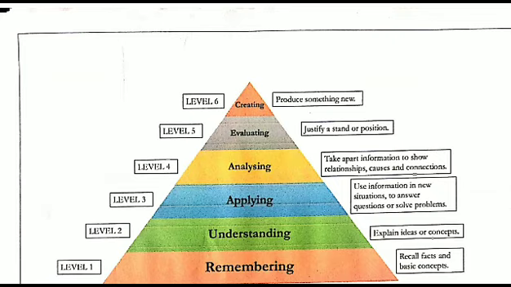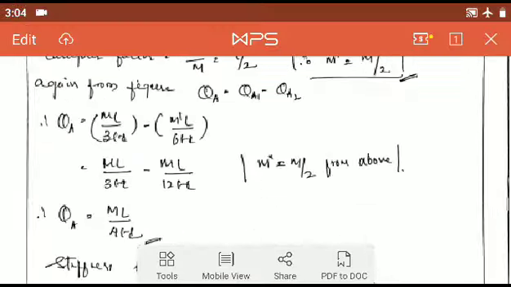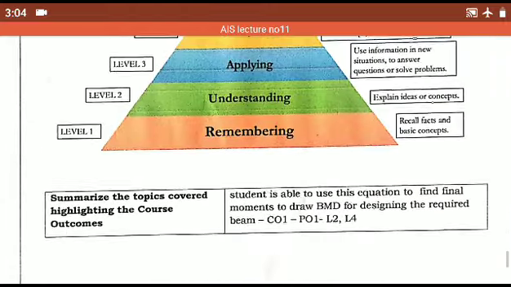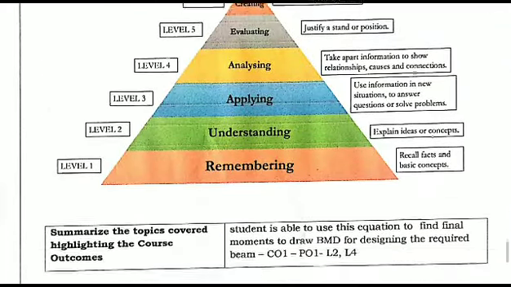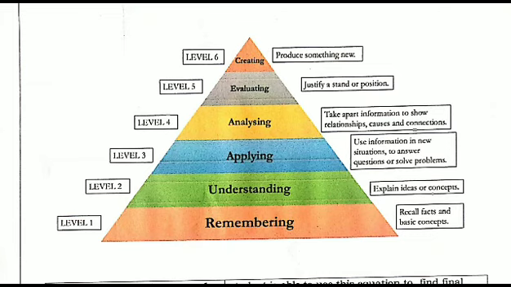This is how, in today's class, we have studied the terminology one by one. All points are studied clearly. Coming to the last, Bloom's taxonomy: level 1 is remembering, which we are not doing here. Level 2 is understanding. Here we have understood some terminologies and how they are interrelated, and we are going to apply them in the coming problems so that the analysis will be done clearly. So in this module we are going to study levels 2 to 4.